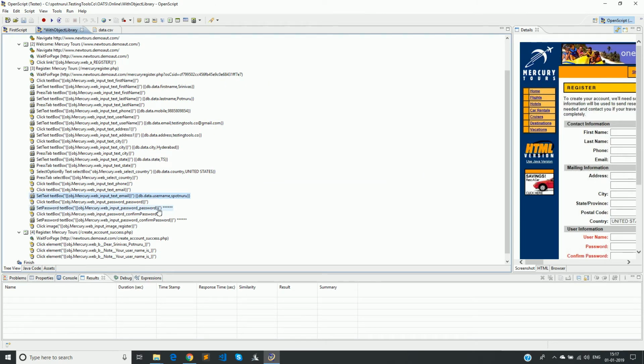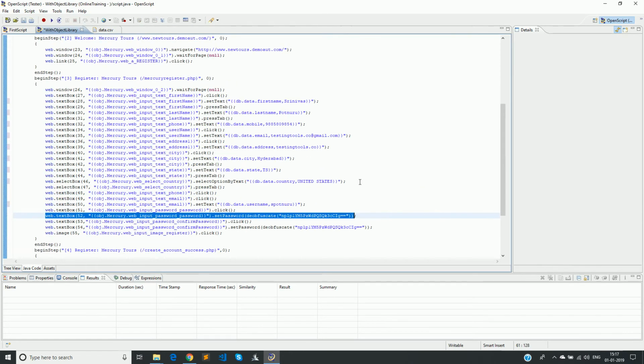Before going to the password, here the password got encrypted. So we can change it first to normal text.